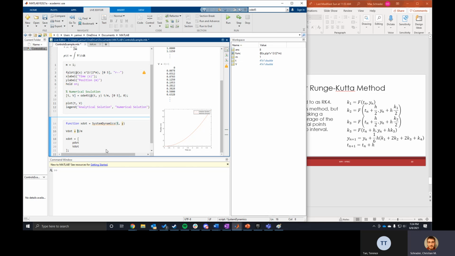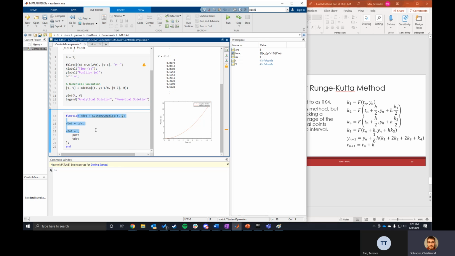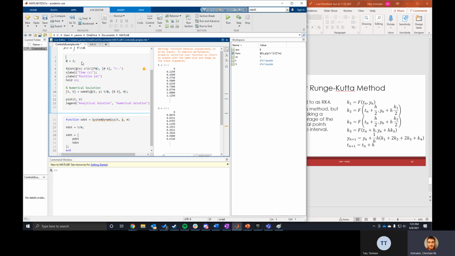V dot equals 2 over m. And as a quick thing right here, because we're now within this function, we now don't have m in our local scope anymore. So what I'm going to do right now is just add it as an input argument. And you could go ahead and add m as a global variable, like